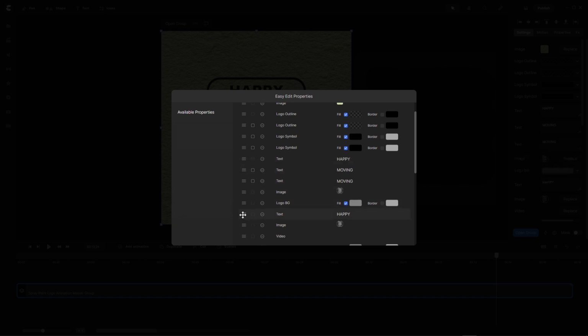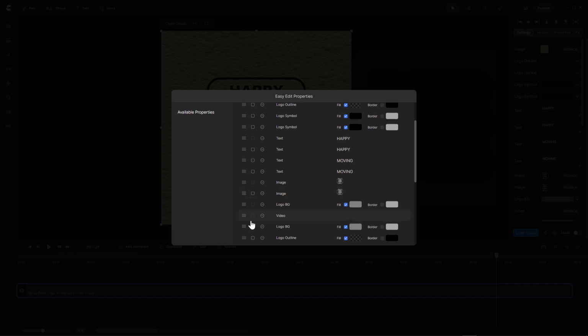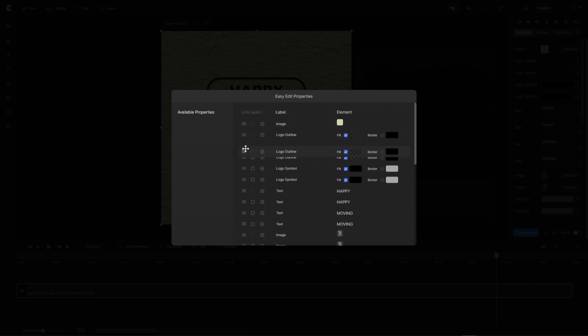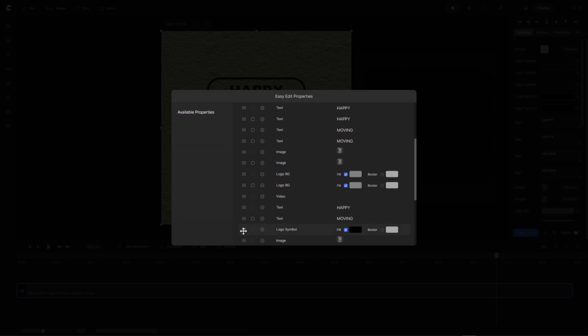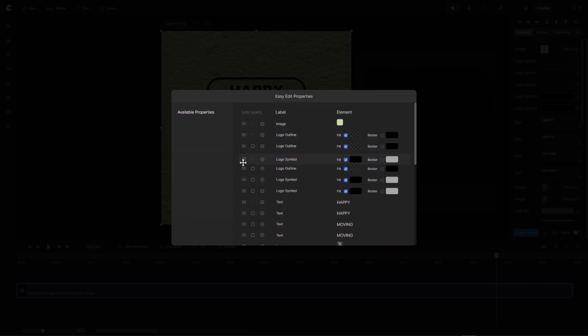Have another, we happy up here. We go with logo background, this is okay here. We go with the logo placeholder here up, logo background, logo outline, oops, logo outline. We have here 3 logo outlines here, logo symbol,